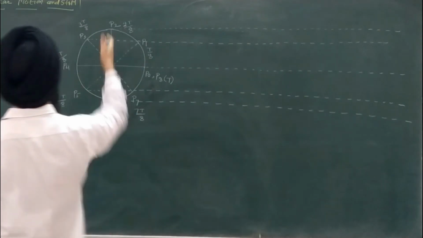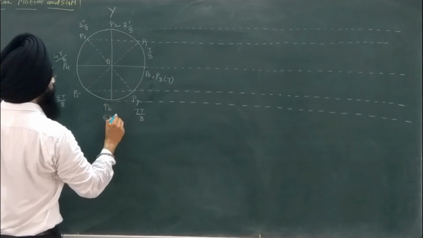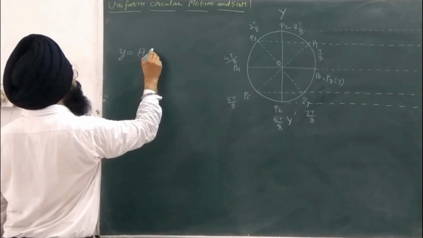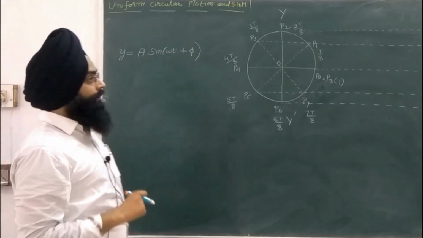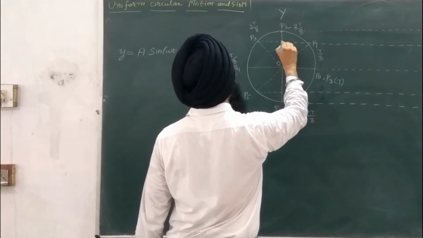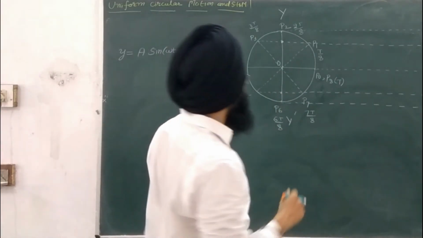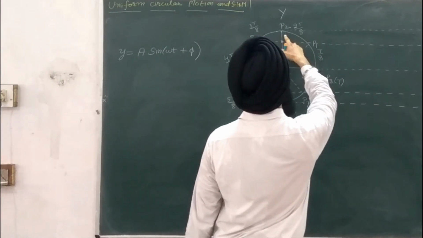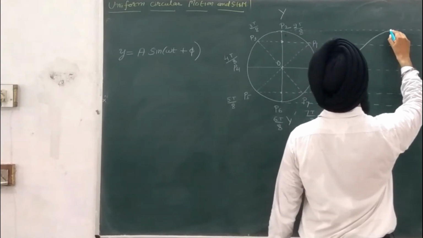So we know that the motion along the y prime axis was given by the equation of displacement: A sine(omega t plus phi). So we have divided this axis into these different portions. If the particle starts from the point here, reaches the point here, and at the extreme position here, the graph will be plotted like this.